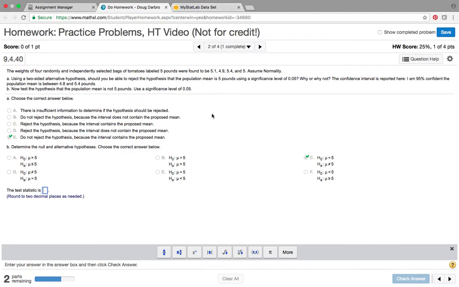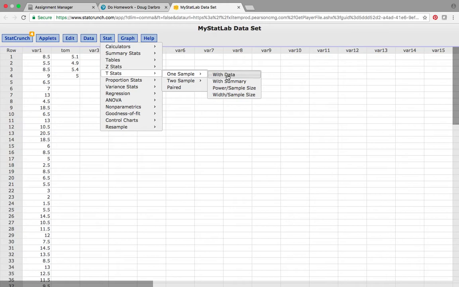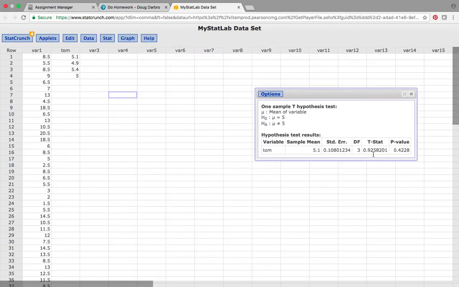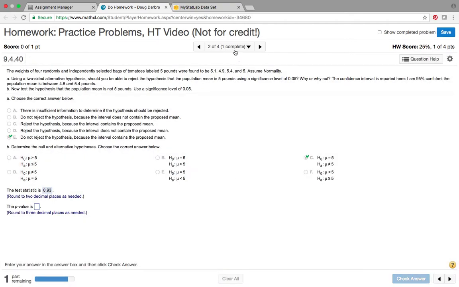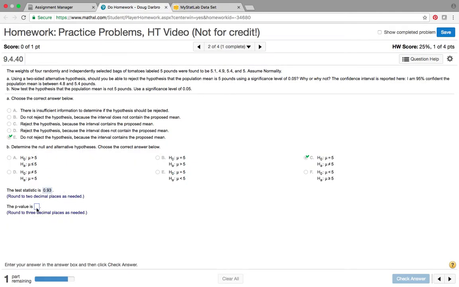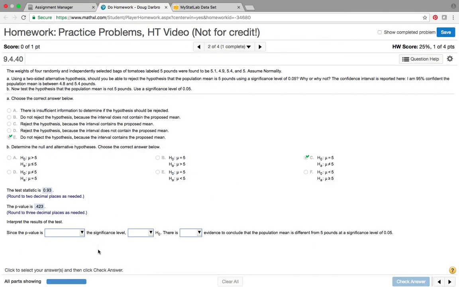Okay, now what do I need? I need the test statistic. Testing 5 against not equal to 5. So stat, t-stat, one sample with data. I want tomatoes. Hypothesis testing is equal to 5 and not equal to 5. So the test statistic is 0.93, and the p-value is 0.423. It wanted me to do 3 places before, so I'm assuming that's what it wanted here. All right, since the p-value is greater than the significance level, do not reject H sub 0. There is insufficient evidence to